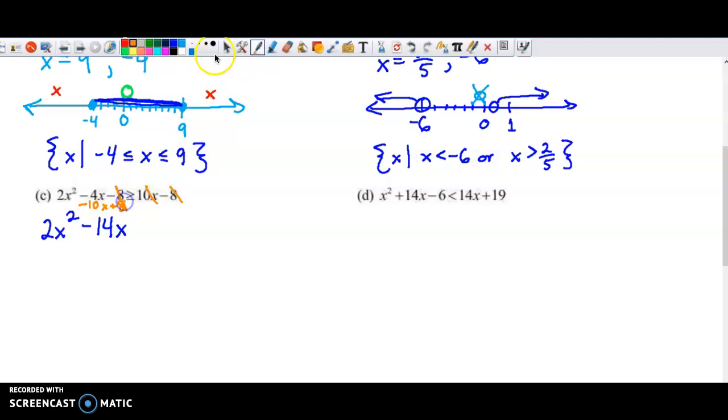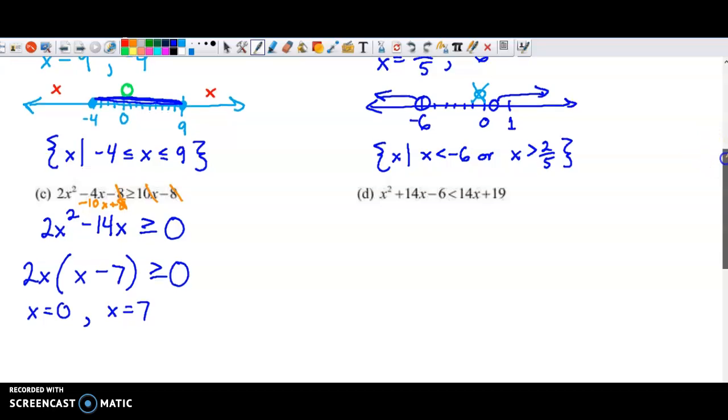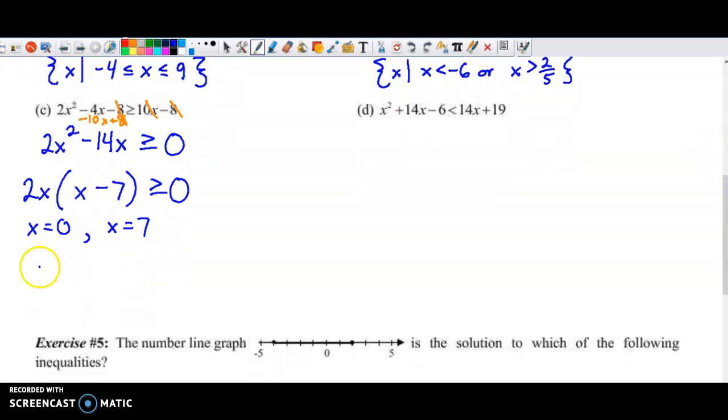And what you actually do is you cancel out those 8s. So now it is equal to 0, and I can factor out not only a 2 but an x. That's the greatest common factor. So now it's not acceptable to use x equals 0 as a test value. So let me scroll down just a little bit. There we go. So as you go to your number line, and you have 0 in there, closed, 1, 2, 3, 4, 5, 6, 7, closed because it's equal to, the test value I would use is